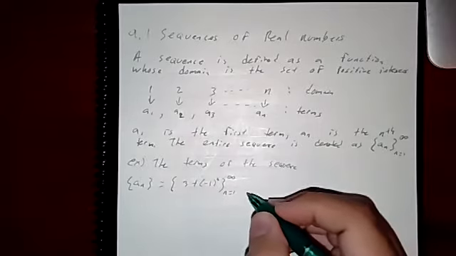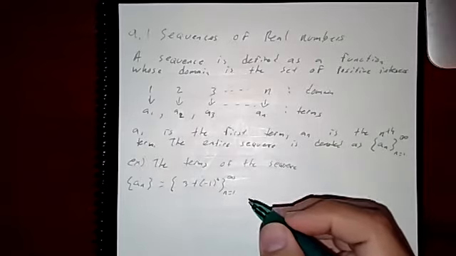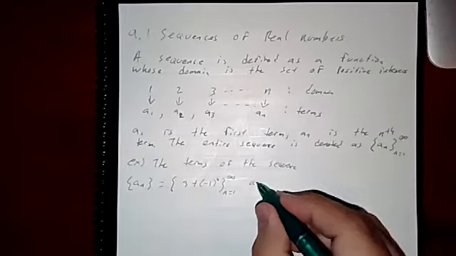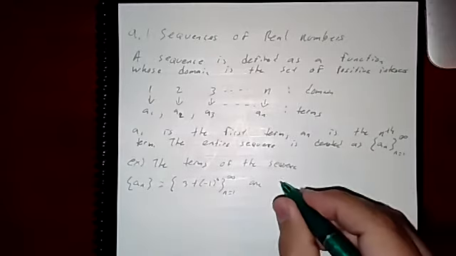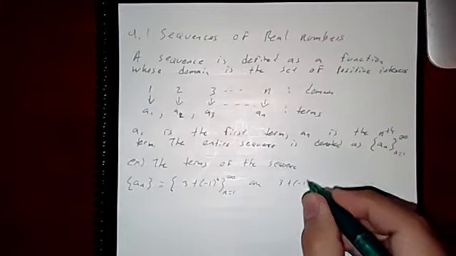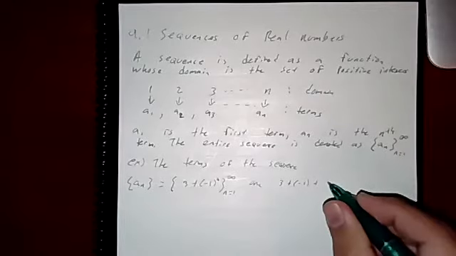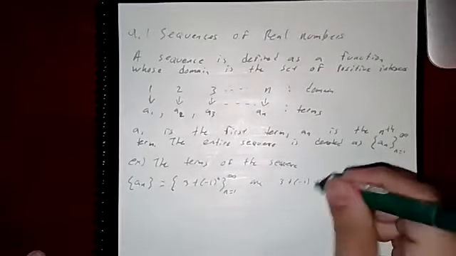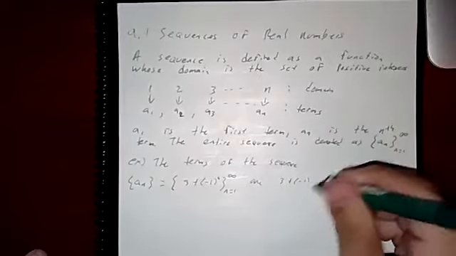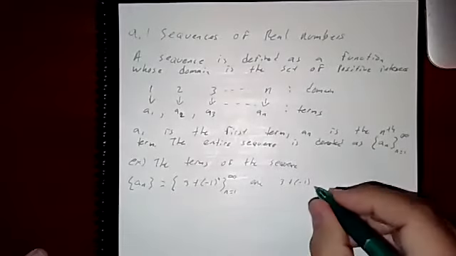And so the terms of it are going to be 3 plus a -1. Sorry, it's not plus, that's a series. This is a sequence. So, comma,